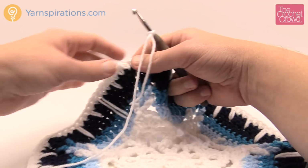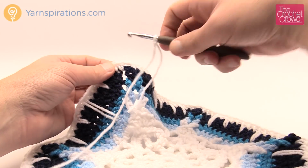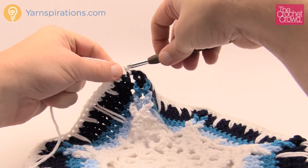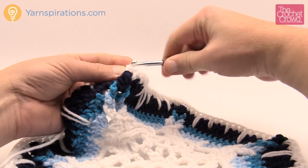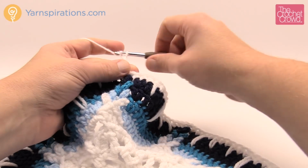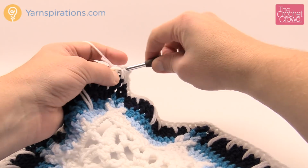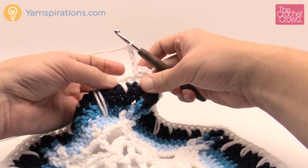I always wait to the second just to make sure I'm established with the pattern. So what we're going to do is join it to the first single crochet, and we're going to do exactly what we already know and create those 8 chain spaces. Okay, so we're going to chain 3, 1, 2, 3, skip 1, and then single crochet into the next. So 1, 2, 3, skip the next one,